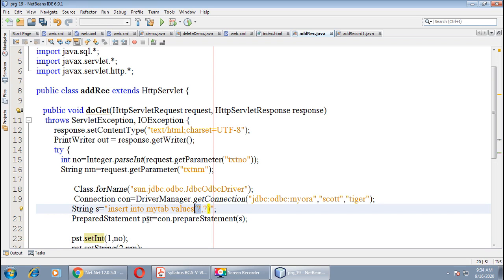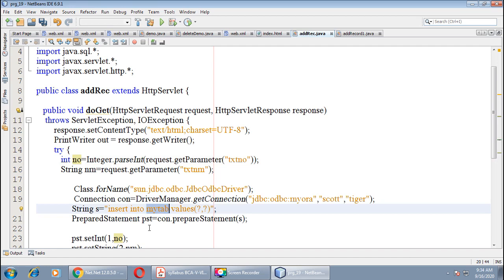Now the value we want to pass in this field is specified by the variable name no, which is defined here, and in this field we got the value from the text box txt_no, right? So whatever you enter in your text box will ultimately go in this variable, and through this variable the value will go in your table myTab, right?